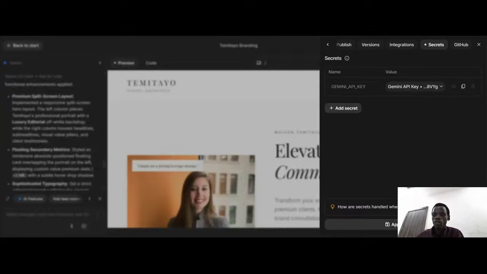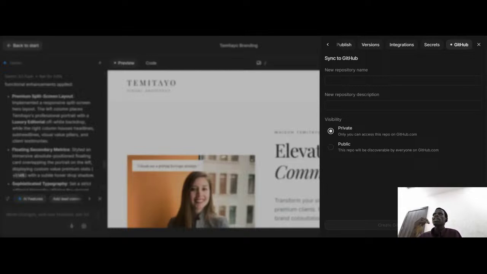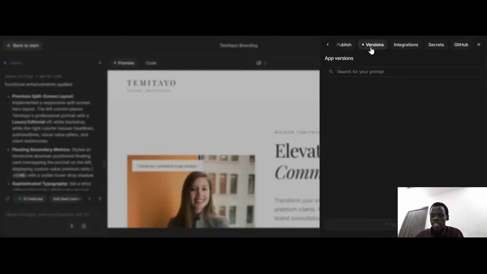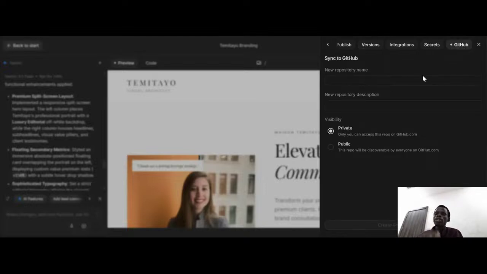Simple. Let's move on. Now, the next thing is GitHub. What is GitHub? GitHub is the environment where you put your code, and they call it version control. The same thing that we have here is what is happening in GitHub. Anyone that is building, especially if they are building locally, usually uses GitHub. GitHub is simply to help you store your code. Remember, you are not writing the code,